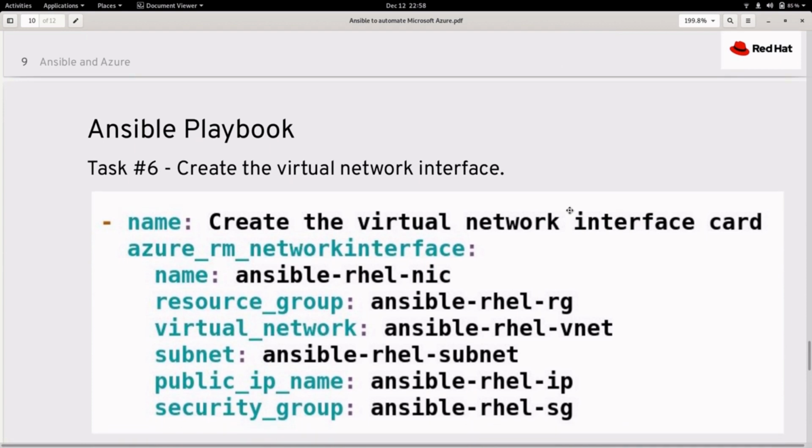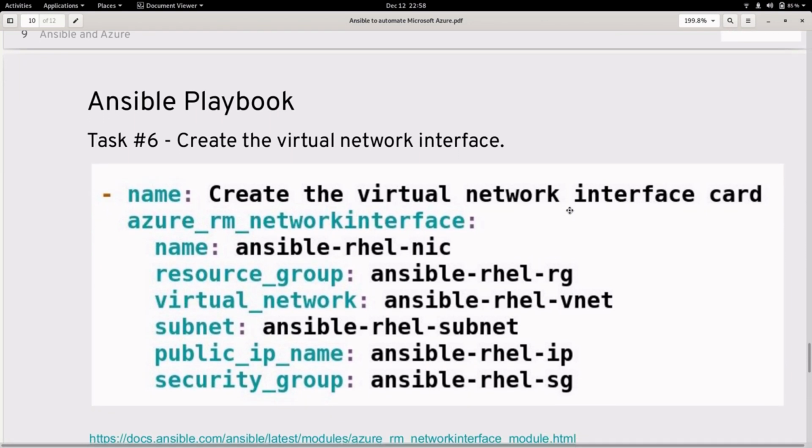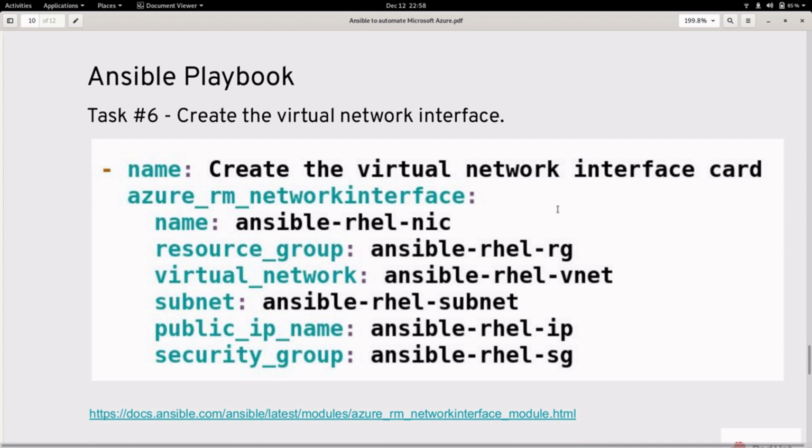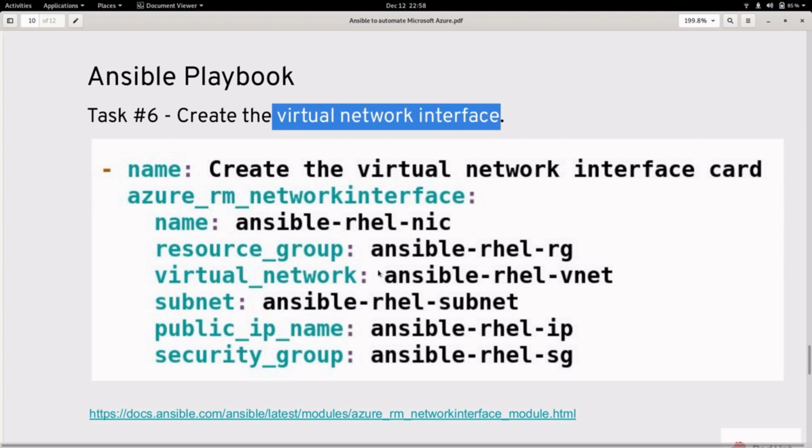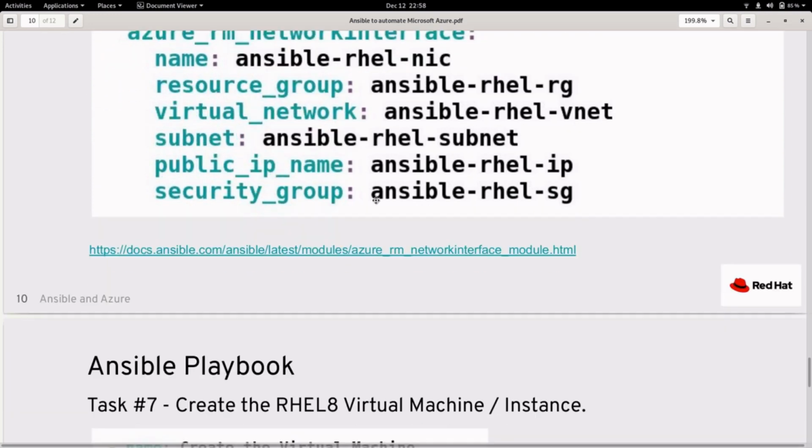Once we create the subnet and the IP address, we can then create a virtual network interface and associate all the resources which we created in the previous tasks. We will associate the resource group, the virtual network, subnet, public IP, security group to this network interface.